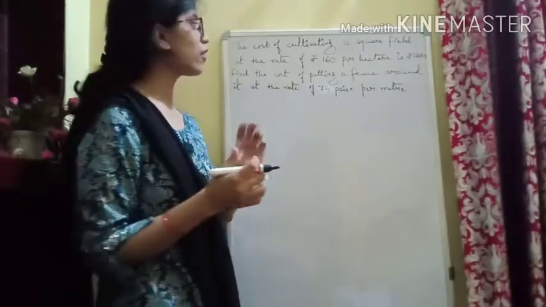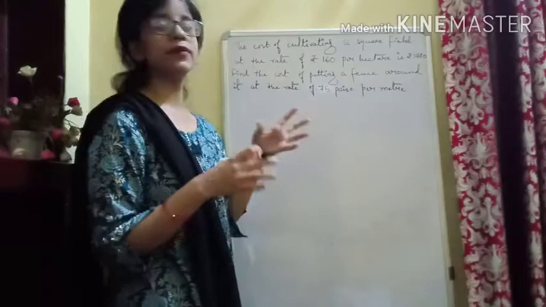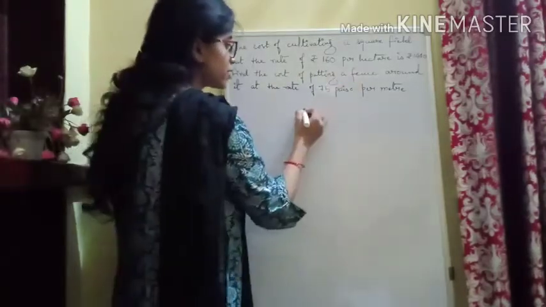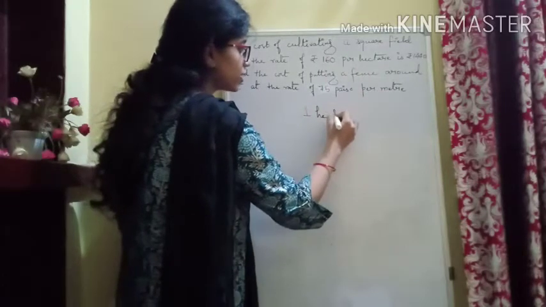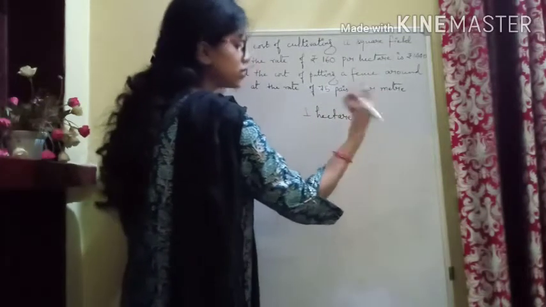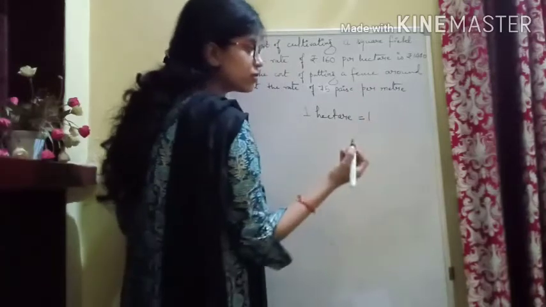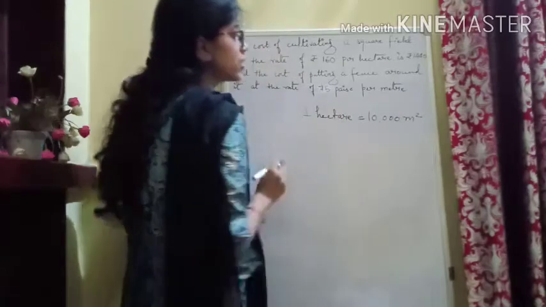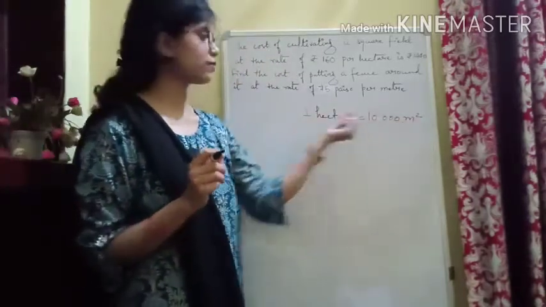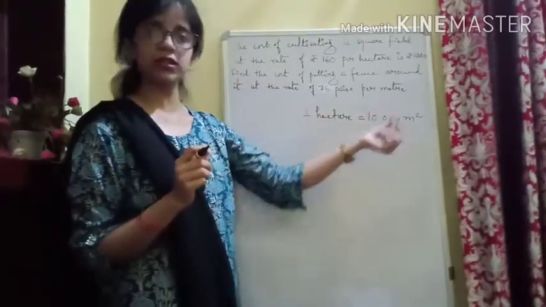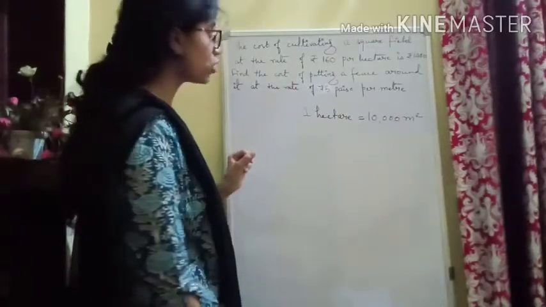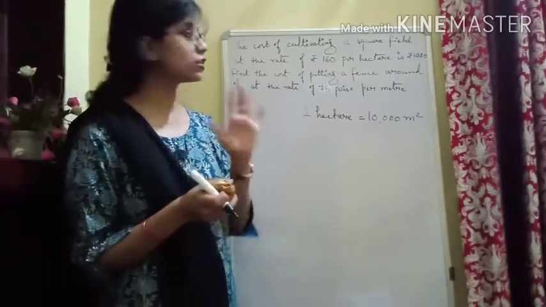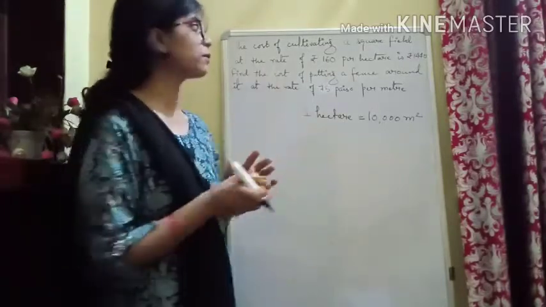Because we have learned so far, if we are talking about area, it should be 160 per meter square. But hectare means, if you want to convert hectare into meter square, it is simply 10,000 meter square. This is the relation between hectare and meter square. That means 1 hectare equals 10,000 meter square. So they have given the cost at the rate of rupees 160 per hectare. It is not given per meter square, it is given per hectare.